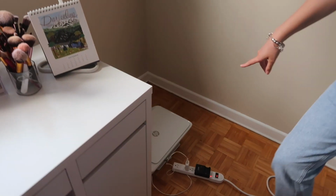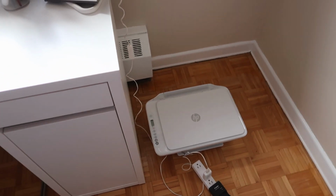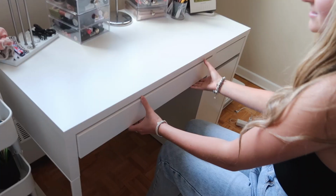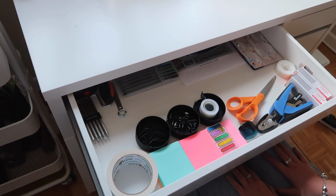And then on the floor, right next to my desk, I have my HP printer, which isn't even connected because I haven't had to print something since first year. More drawers. My apartment is just full of closets and drawers. So the first one here, everyone, when I moved into my apartment, I did my move-in vlog, everyone told me